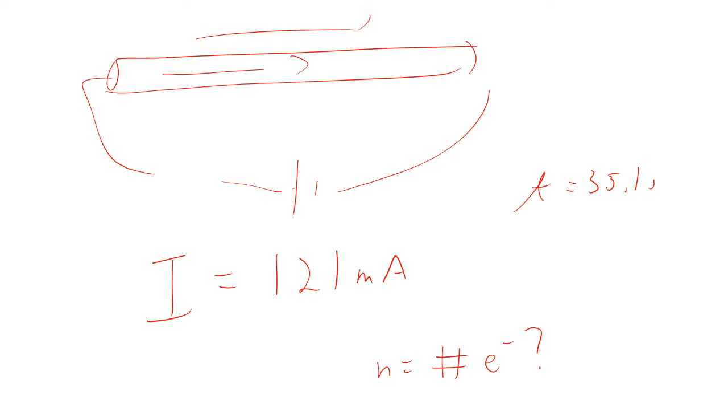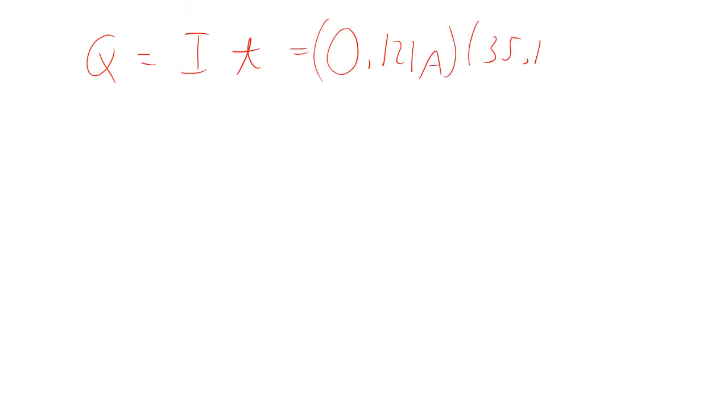as we've got it connected. Actually, the way I've drawn it, the electrons are really going that way because current is going this way. Current actually moves opposite the way electrons go because we define current to be the flow of positive charge. Okay, so Q is going to be I times t, and so that'll be equal to 0.121 amps times 35.1 seconds,